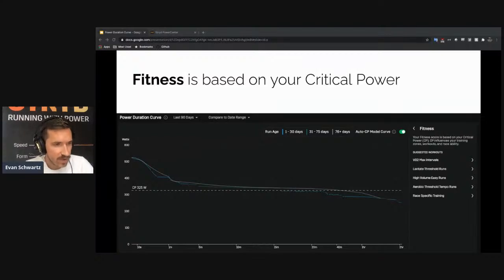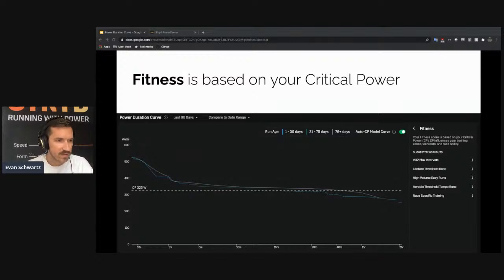Your critical power influences your training zones, workouts, and race abilities. The training distribution is not only important for showing how you stack up against the runners you compare against, but also understanding what types of efforts can help influence that specific section of your training distribution chart. So when you click into the fitness area of the training distribution chart, it shows that VO2 max intervals, lactate threshold, high volume easy runs, aerobic threshold tempo runs, and race specific training will help improve my fitness. That's pretty understandable. That's pretty much a given, but it's a very cool tuned message to help me improve